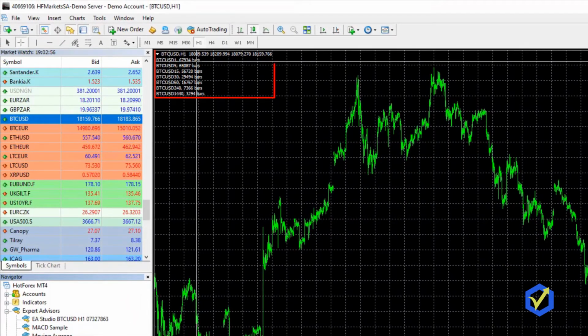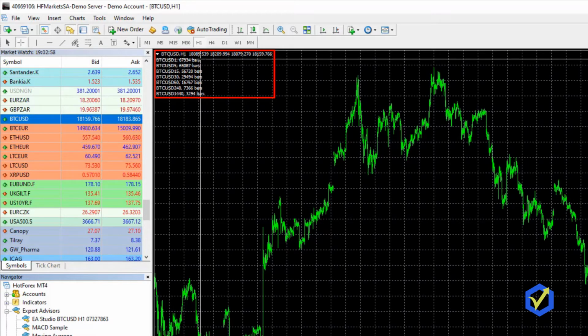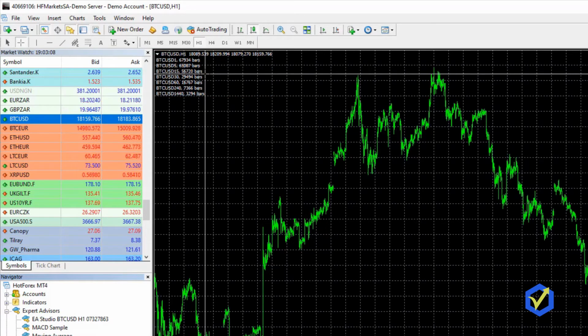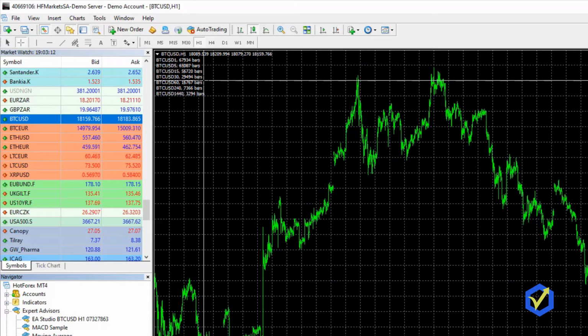The bars are being exported, but you see that for M15 I have 56,720 bars, then for M30 I have nearly 30,000, then for the hourly chart I have just above 16,700 bars, which is not enough, okay?